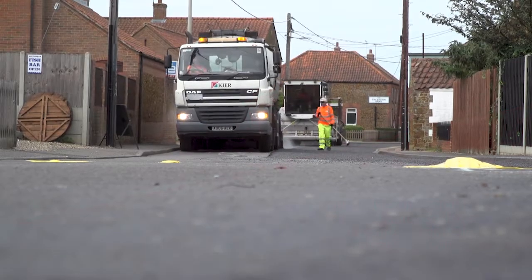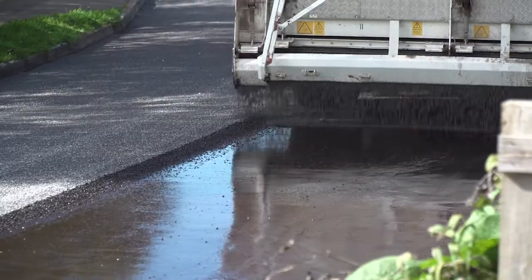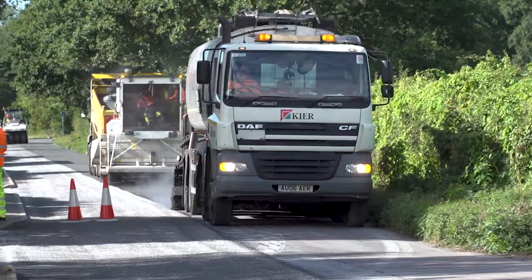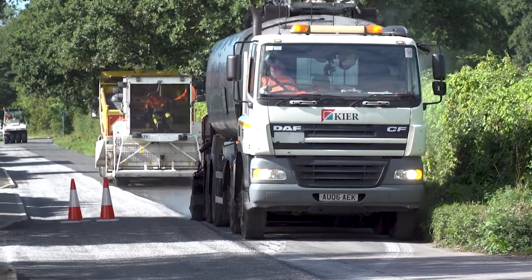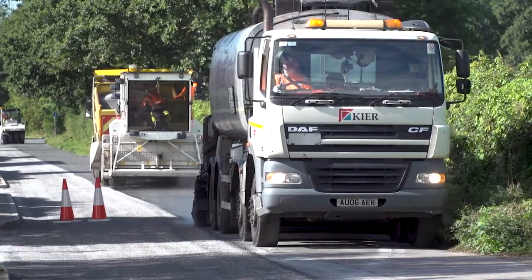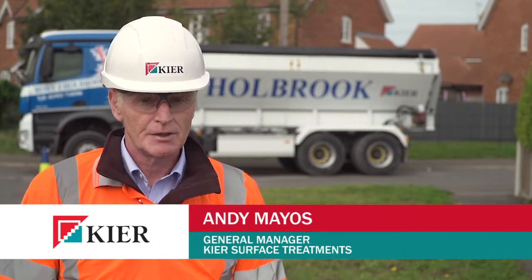Today we're putting surface dressing down through the village. Initially we spray down a bitumen emulsion and then we coat that in aggregate. Traditionally when we're doing surface dressing work we will use a tanker sprayer that goes along and puts the emulsion down on the road, and that is followed then by what we call a Phoenix chipping machine that is loaded